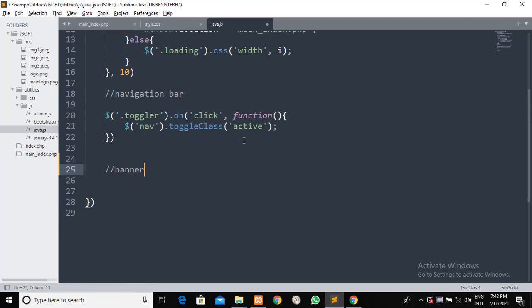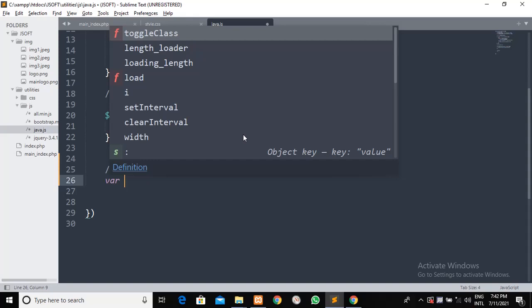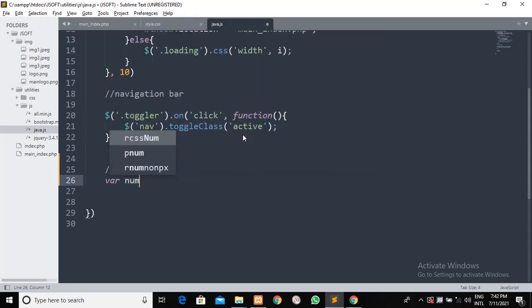So the banner now will have some variables, which is the number of images, or let's just say number is equal to 0, and then we'll have the first image and the last image. The first image is equal to